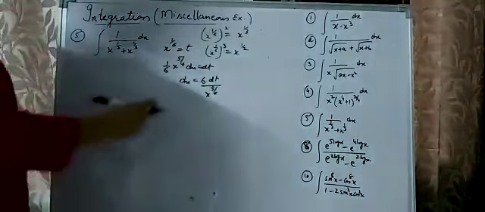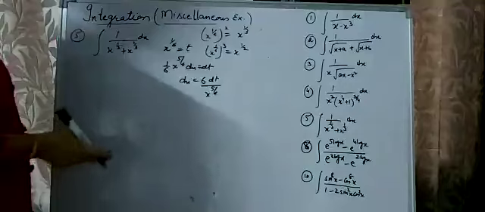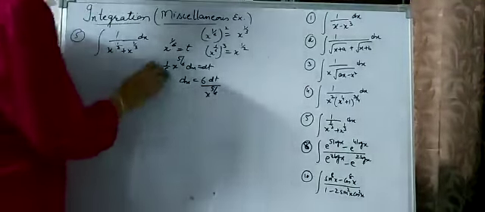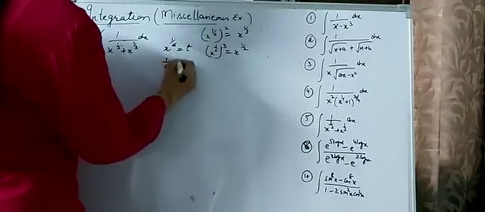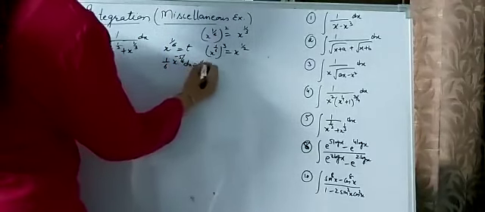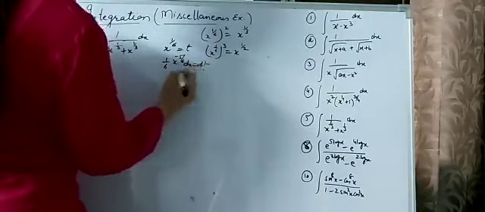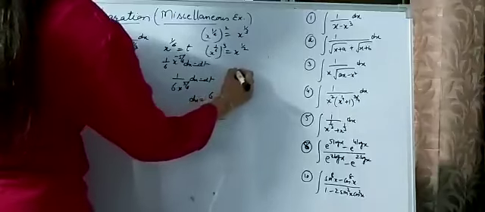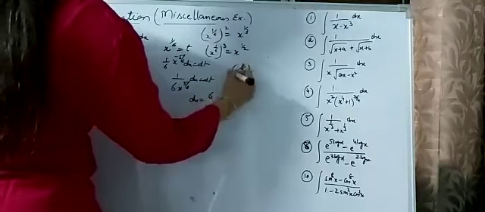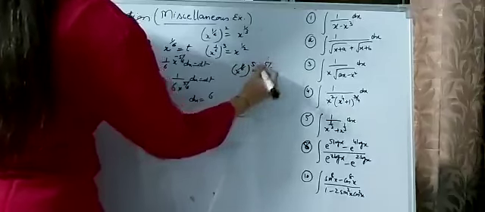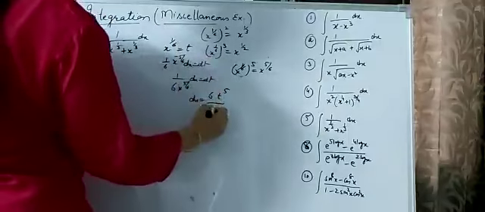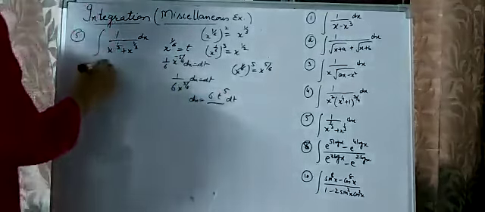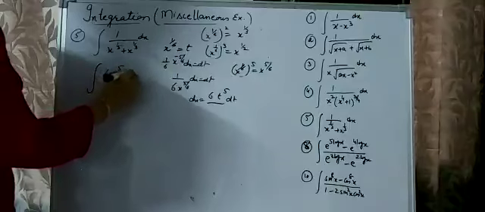Now can you tell me how you will change this x raised to power 5 by 6 here? Now see, in the differentiation part, this will go in the division form. This is 1 by 6 x raised to power minus 5 by 6 dx is dt. So this is 1 by 6 x raised to power 5 by 6 dx is dt. So what is dx? 6 x raised to power 5 by 6. See, this is its power 5, so you can write this as t raised to power 5, because x raised to power 1 by 6 is t. So this question changes into 6t raised to power 5 dt.